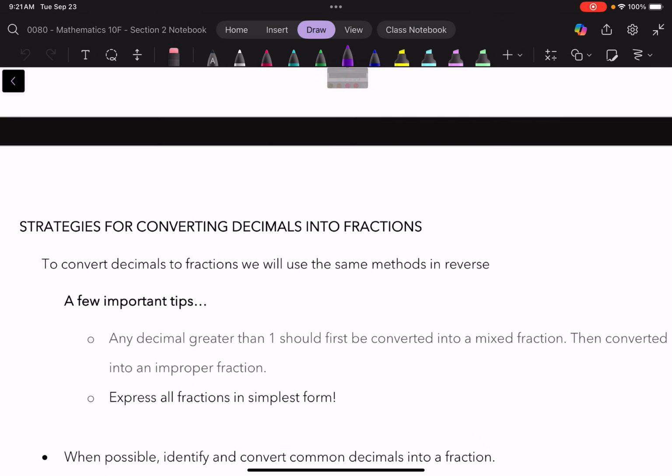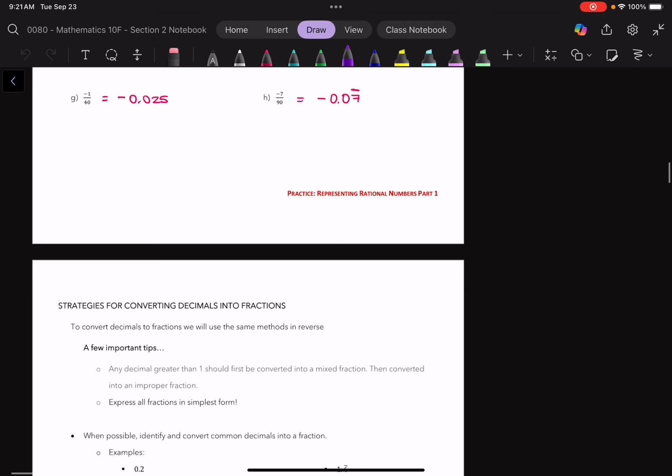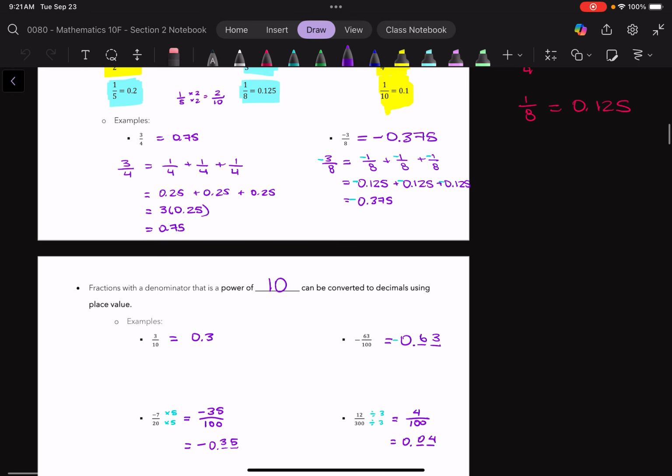Hello, grade 9s. Today we are going to talk about converting decimals into fractions. Last lesson we talked about fractions into decimals and we learned a bunch of different strategies. Just to quickly recap what we talked about